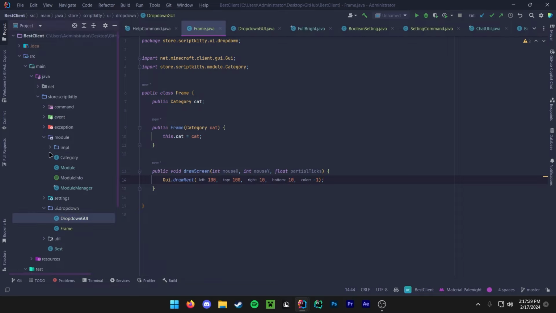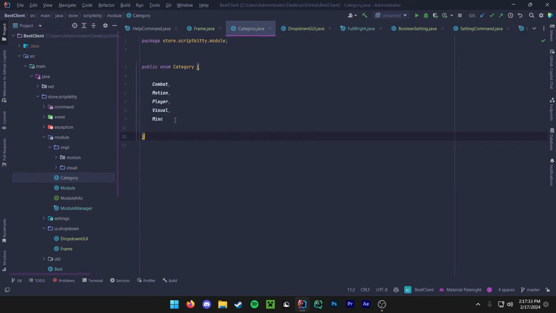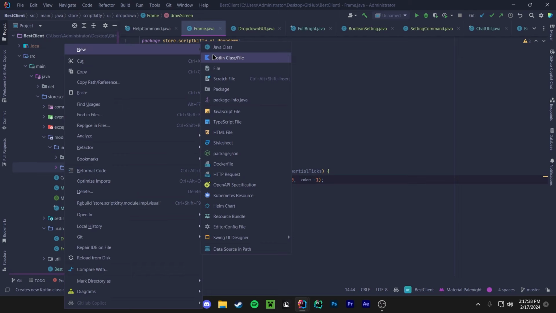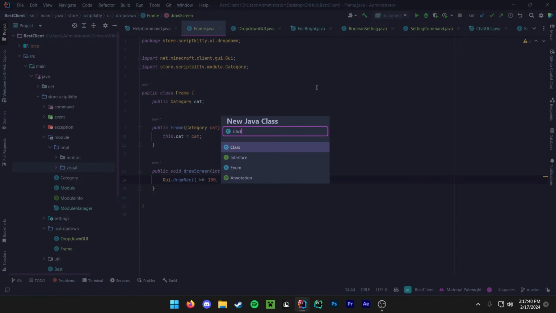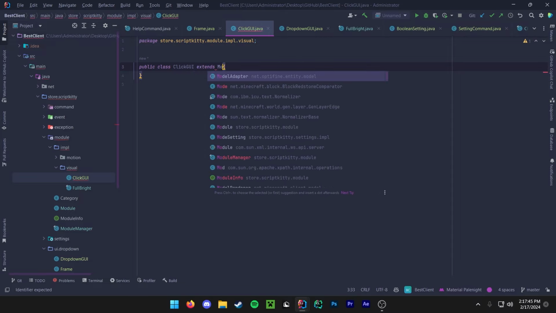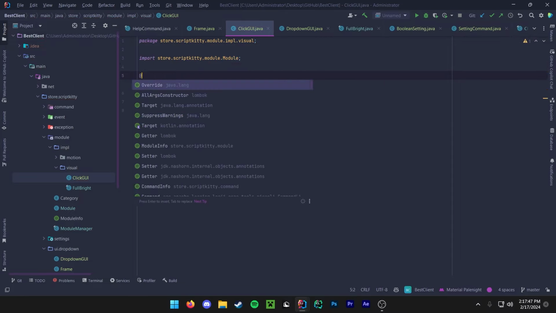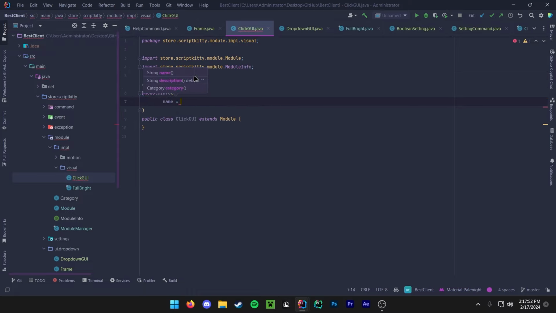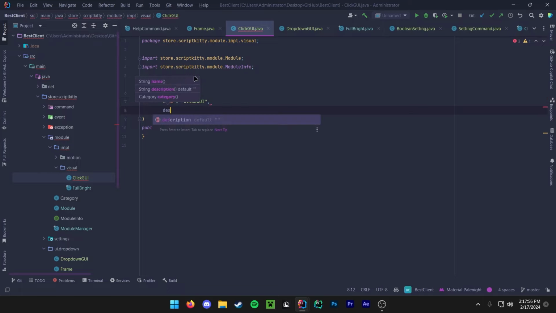So now we're going to make a new module inside of visual. You can make a new category, name it HUD, but we're just going to put it inside of visual for now. So new Java class, we're going to name this click GUI. And now this is going to extend module. This is going to be at module info name equals click GUI. Description equals graphical